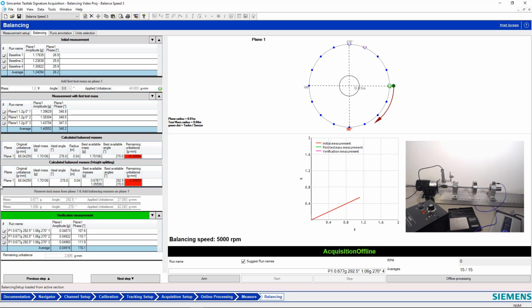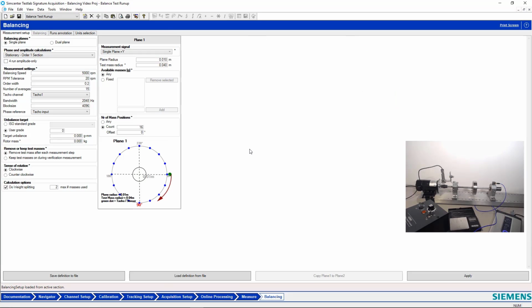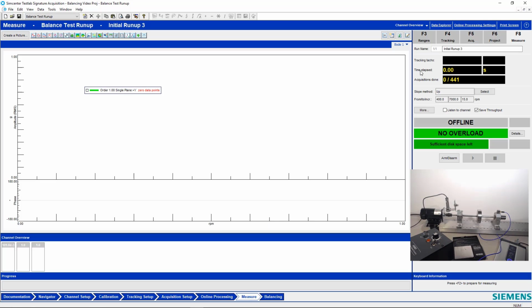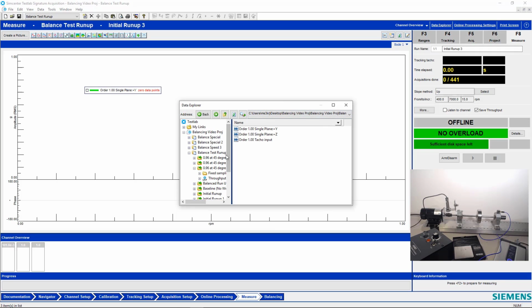So we'll go back to the run-up, and on the run-up, we'll drop in our initial measurement. Oh, so you just go to Data Explorer there to find the original run. That's right.